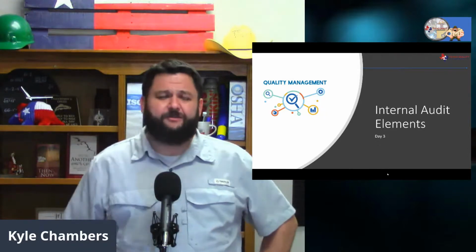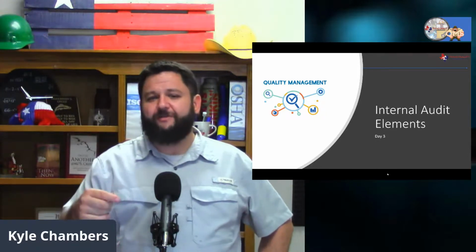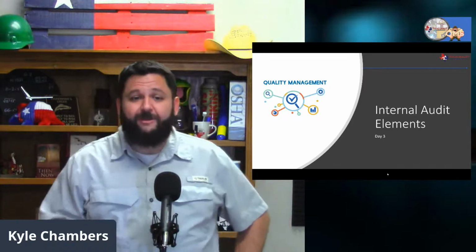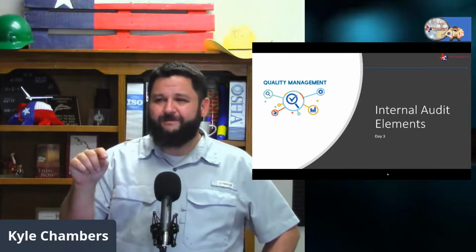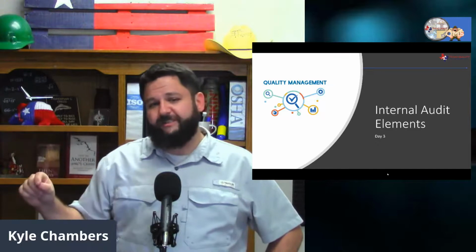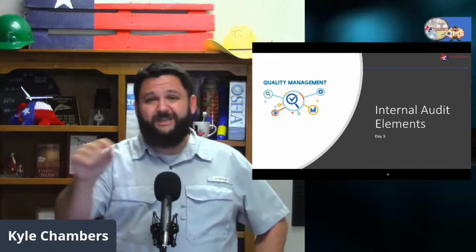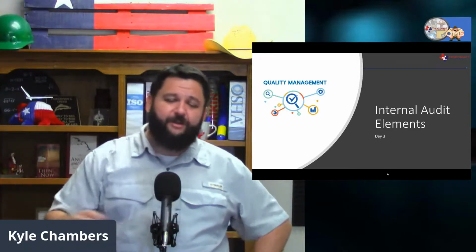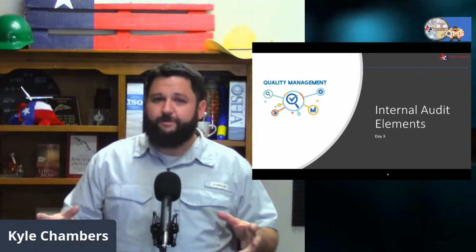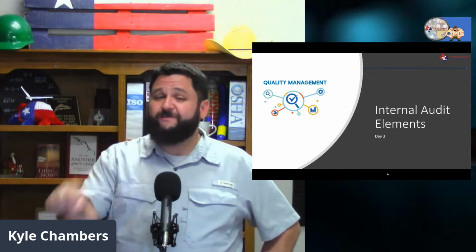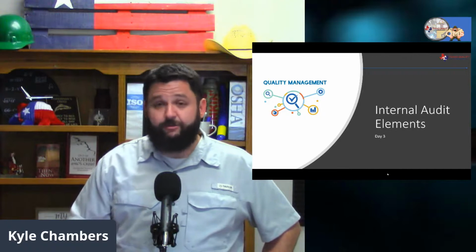It can be very difficult to not audit your own department, especially if you wear the hat of the quality manager. Well, the hat of the quality manager oftentimes carries operational roles, health and safety roles, inventory roles. Maybe even you're a department leader over here. Who knows? But you've probably got multiple hats, especially in a small company. So it gets very, very difficult to conduct those internal audits.